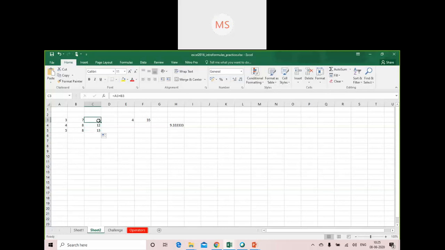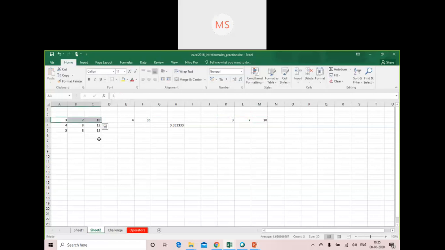Why does this happen automatically? Because the cell references change automatically the moment I change their places. Like if I copy these three cells from here to this particular place, just see what happens. Now here it is K3, L3, M3. M3 consists of the addition of K3 plus L3.